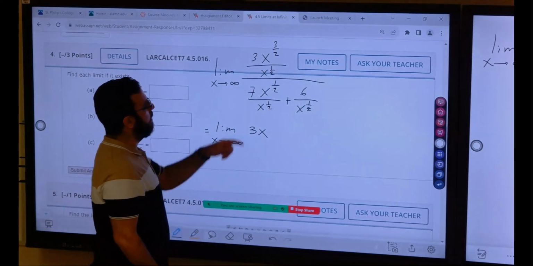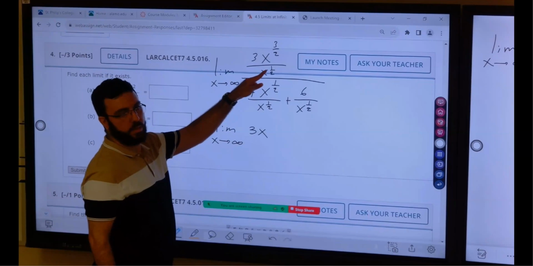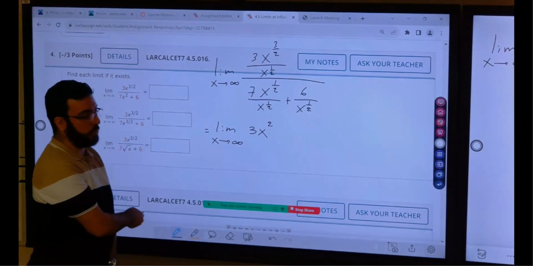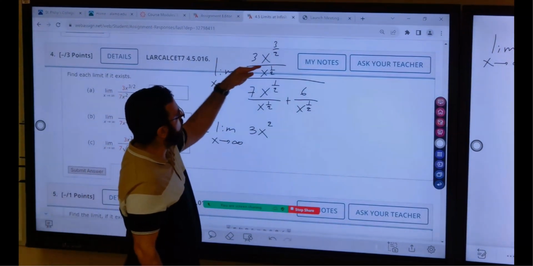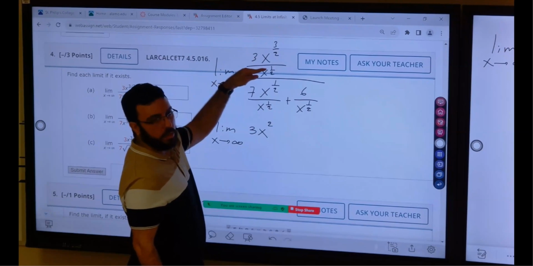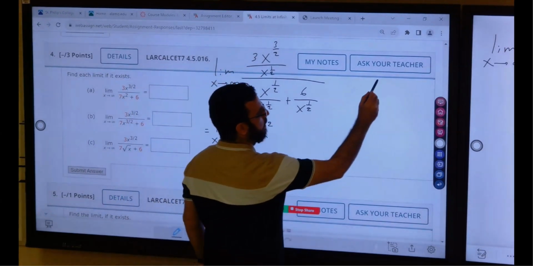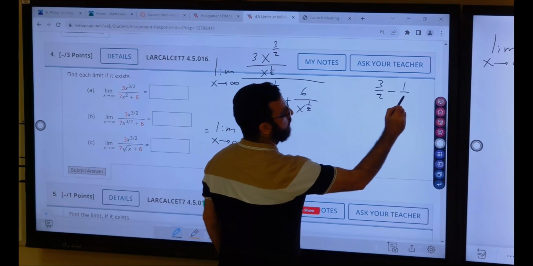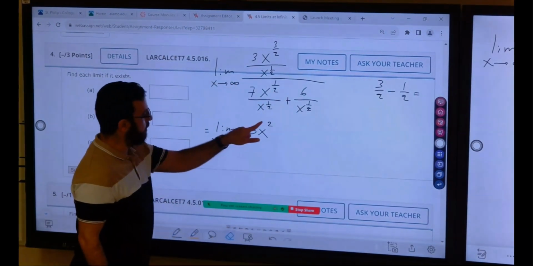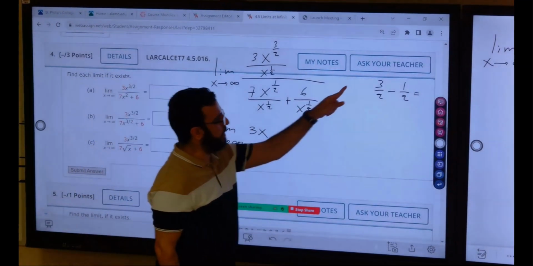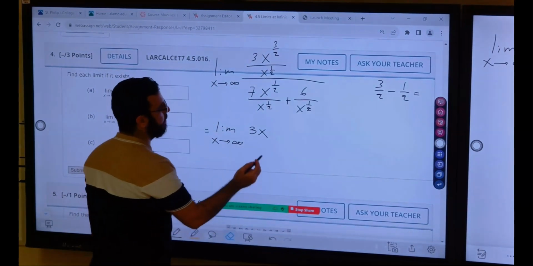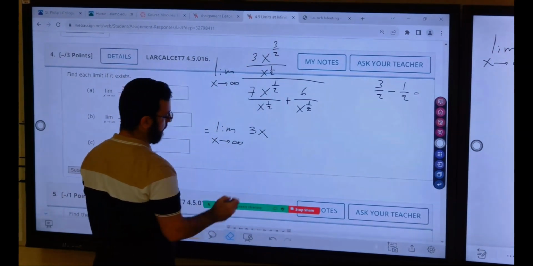3x to the power 3 over 2 minus 1 over 2, because we're gonna subtract the exponents. The same denominator, so it's gonna be 3 minus 1 over 2. So it's going to be what? 2 divided by 2, which is going to be 1. So 3x, which is the same result, over